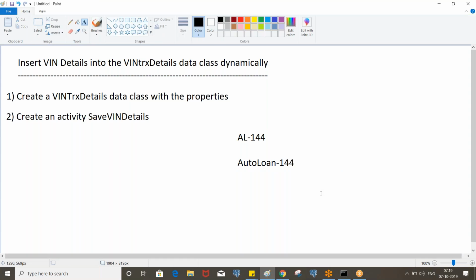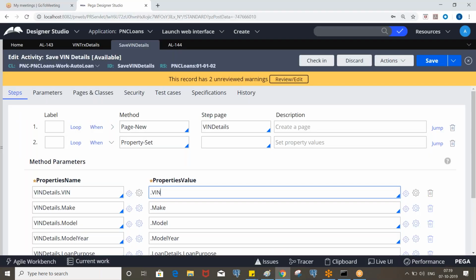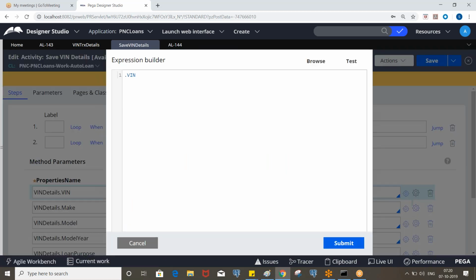Okay, so for that, we have an expression builder. By using that, we can manipulate the data at runtime. So it is a collection of predefined functions. Like if you want to know the current date time, or if you want to convert from one date format to another date, or if you want to take the difference between two dates, those functions are available here.